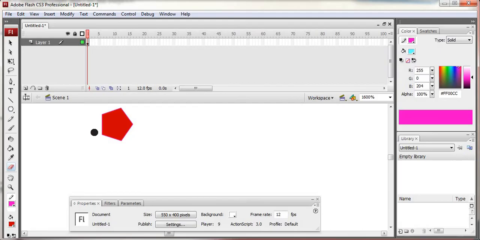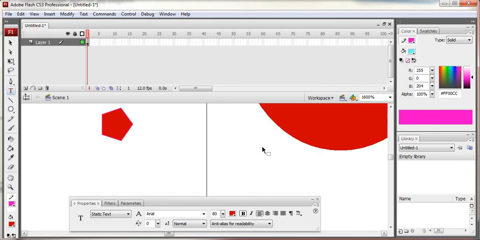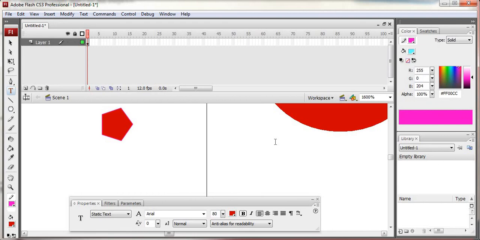Also you can type with the text tool, right? If you want to type something, here is the text tool. I'll select this. This is the text tool. I can write anything, right? First of all, let me click on this pencil, then the text tool. Now in this I can change the font, right?